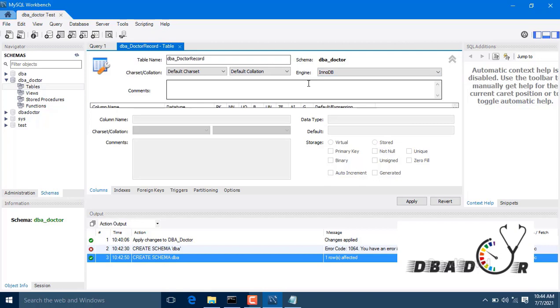Regarding engine and collations, we are going to create a new session to explain in more detail about engine and collation.